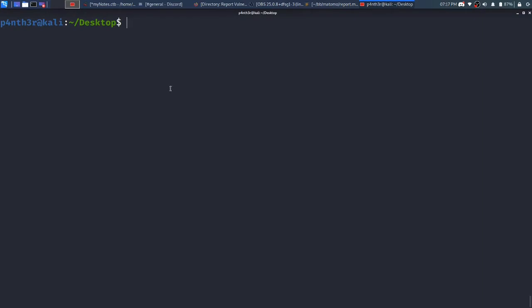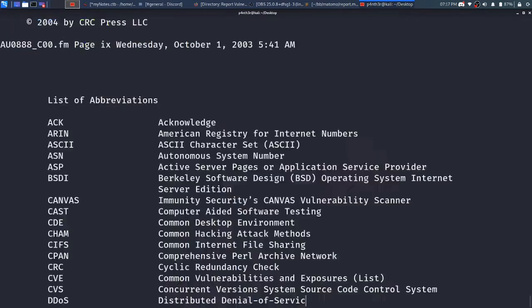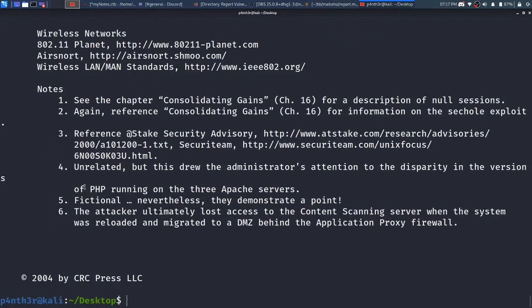First I will show you with the cat command, then you will understand more why we are using the less command here. So I will type cat and the file name. I have done ls to see what files I have. I have one file named book.txt. I will read that file with the cat command first. Just press enter. You can see it prints all the lines of the whole file at once. What the cat command is doing is printing all the lines and exiting its task.